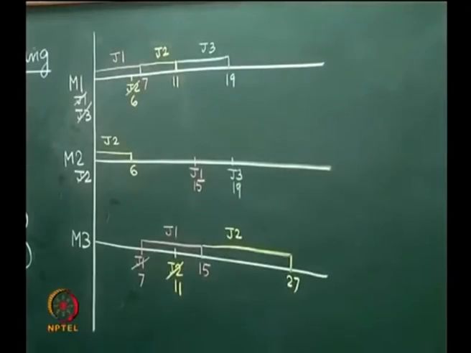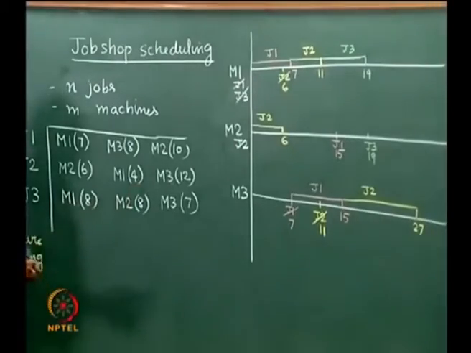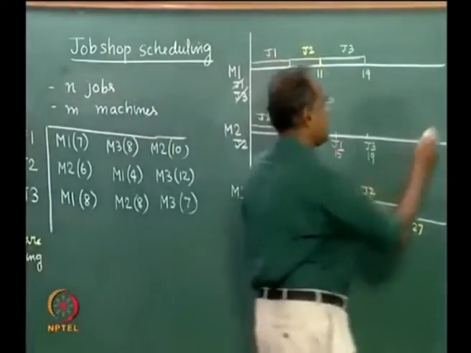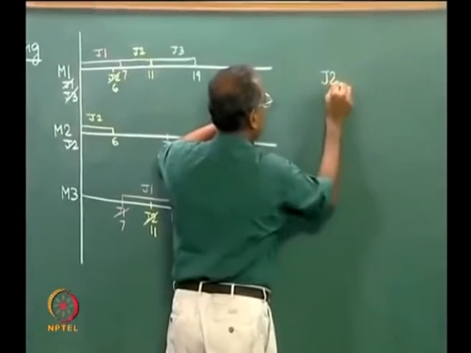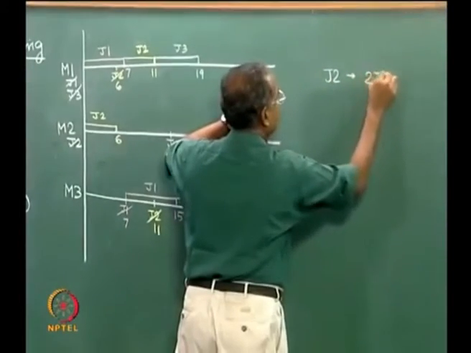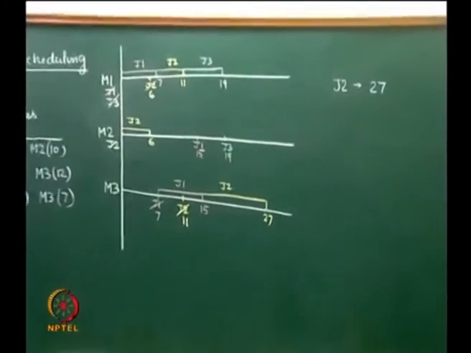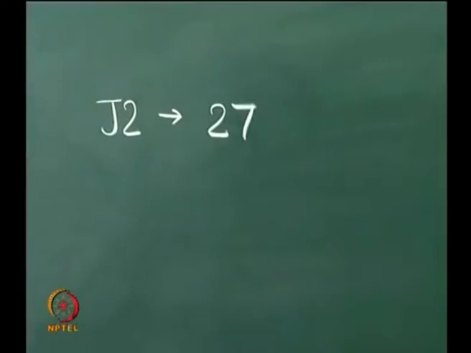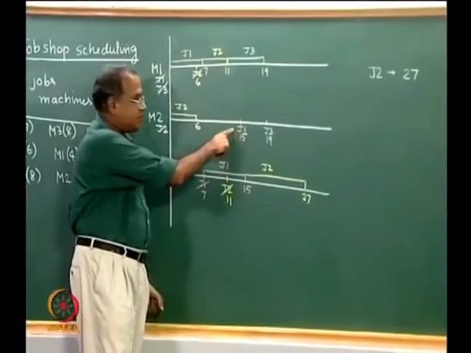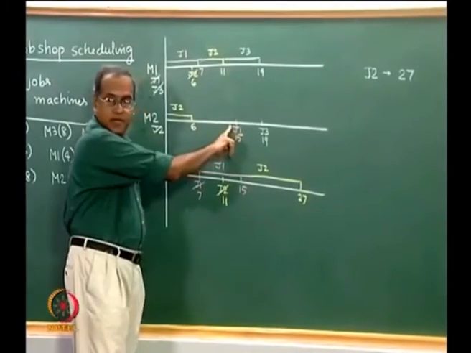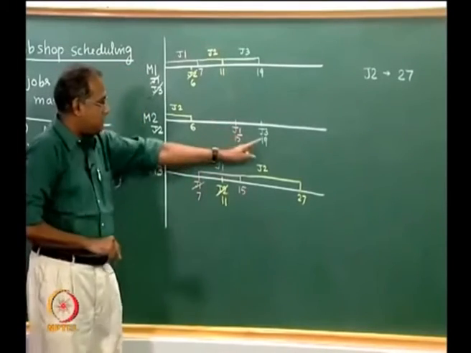So, J2 finishes at 27 on M3. So, J2 completes at 27. So, at time equal to 27, J2 has finished its last job on M3. Now, once again we are at time equal to 15, J1 is available here, and as I mentioned earlier, we